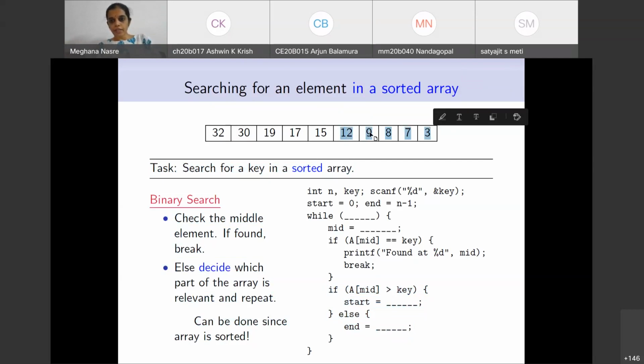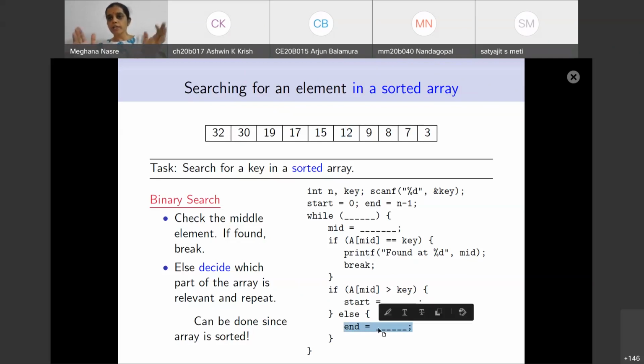I'm just looking at the start and the end, the third and the fourth fill-up, and they should be done in the following way. That is, start should be set to mid plus 1, because we are not interested in the mid element at all now, because mid is not equal to the key. Therefore, there is no point in looking at mid. We can skip that element and start can become mid plus 1 in this case. In the other case, when we know that we have to look at the left part, start doesn't have to change, but end has to change. And end will be equal to mid minus 1.